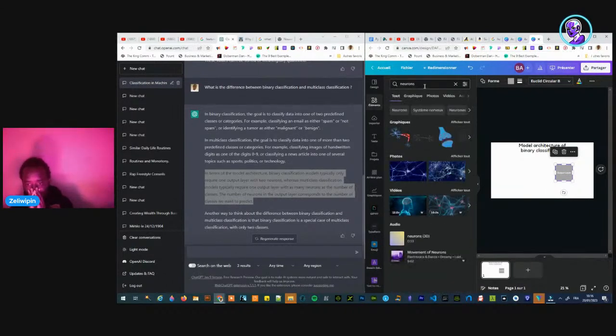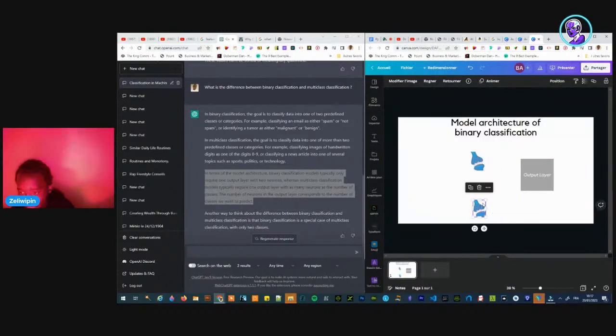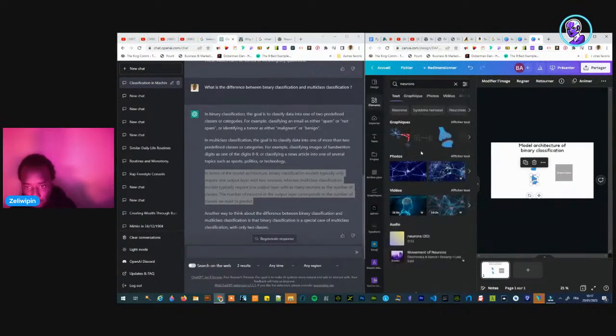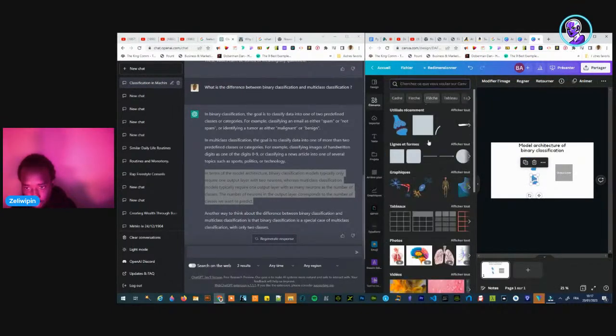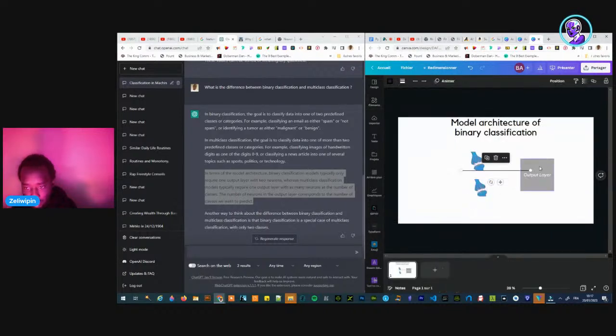Oh, I can ask something. Right now I'm doing a technical drawing, basically, to mimic the architecture of a binary classification model.